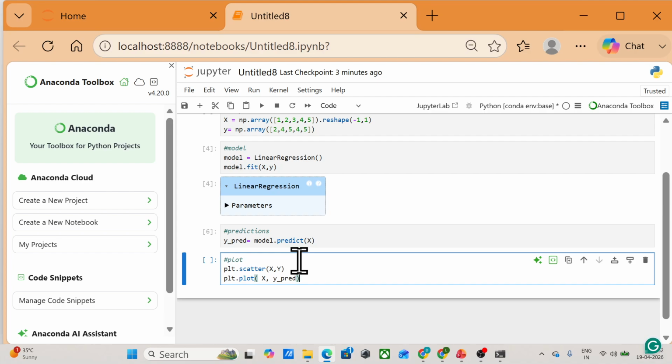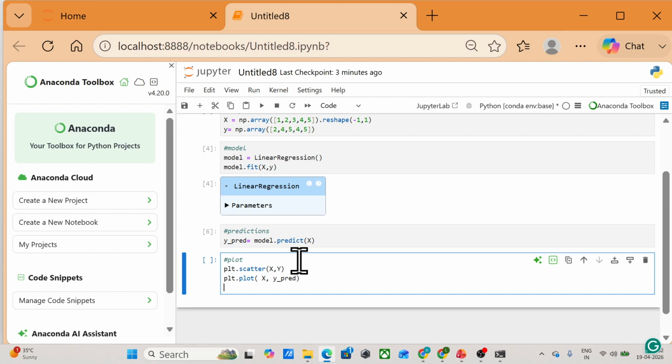Then we'll take x label and y label. This I have taught in the last lecture. I think if you all have watched it, then you must be getting it.